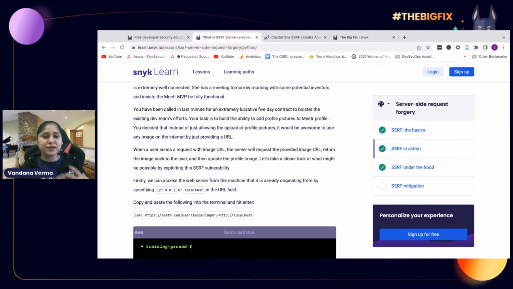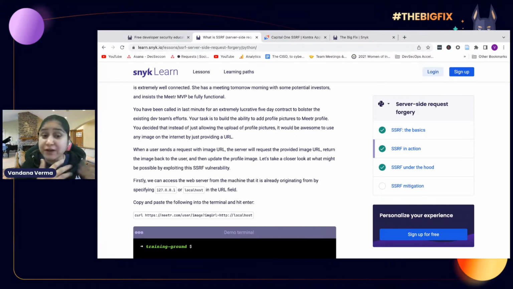Interestingly, she asked the devs to create a URL which she can access. She can pull in some requests and she can upload a picture from anywhere. Now the interesting bit is that this is a functionality. When the user sends the request with the image URL, the server takes it because there is no validation there.